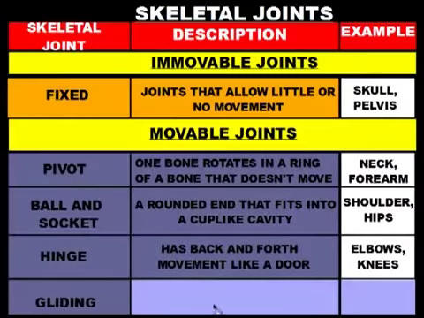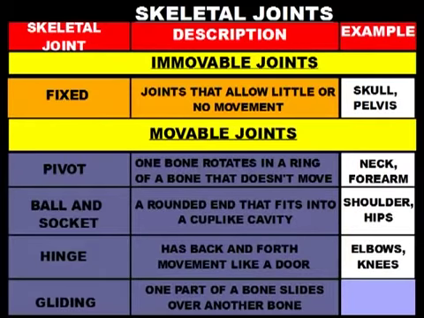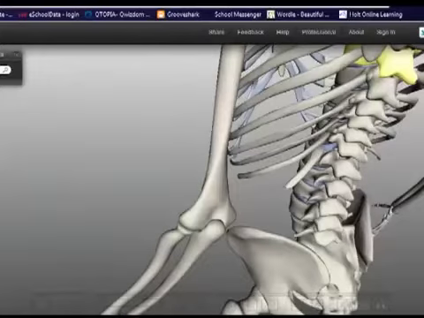Our last joint that we have is called a gliding joint. A gliding joint occurs when one part of a bone slides over another part of the bone. You can find gliding joints in your spine, your ankles, and your wrist. So if we go back to Steve one last time,